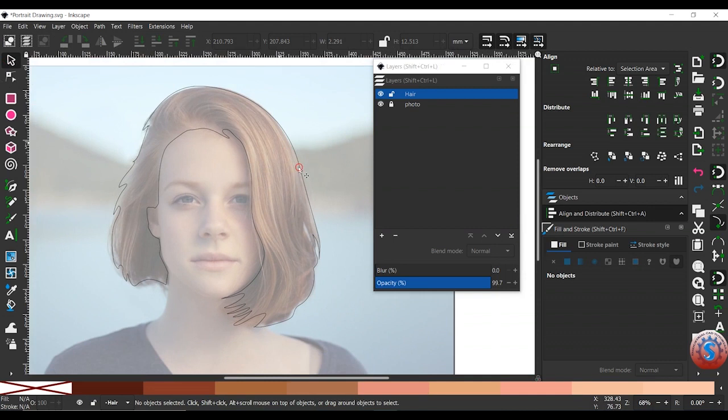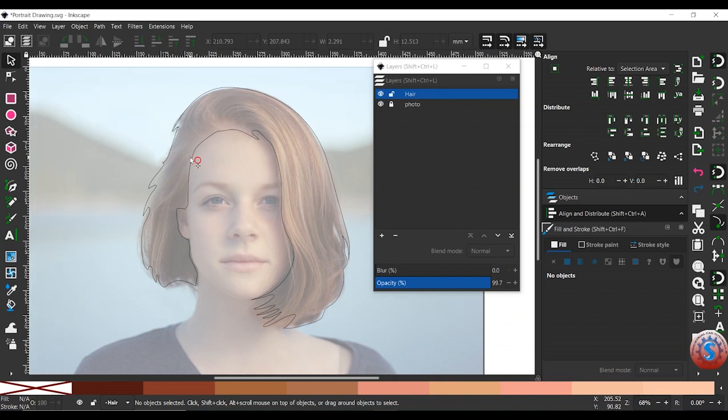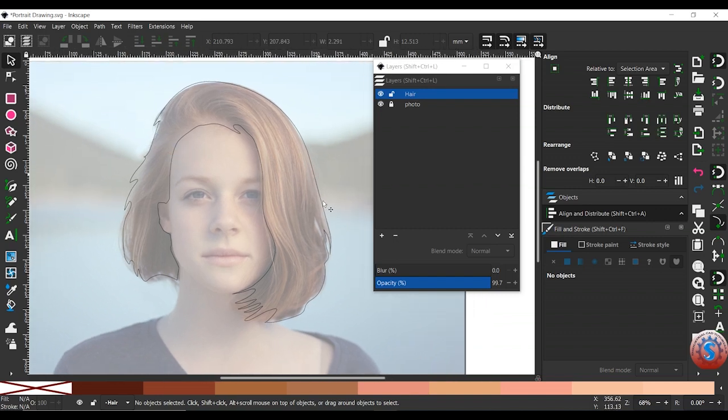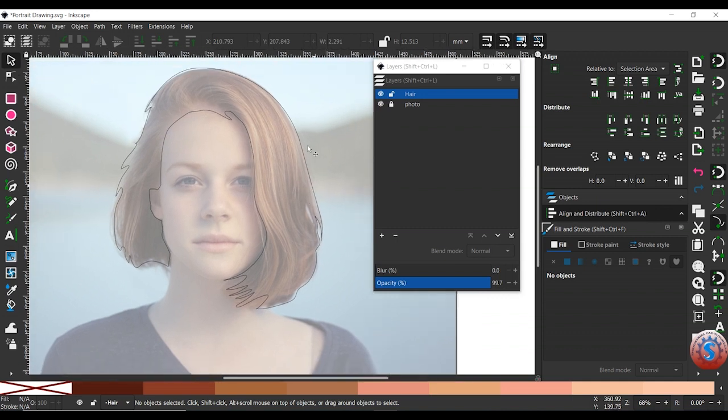This is the one, and the second one is that. And you can observe the hair is totally completed. You want to give the fill and the strokes on the individual parts. I will show you. First select all of the objects that you created.